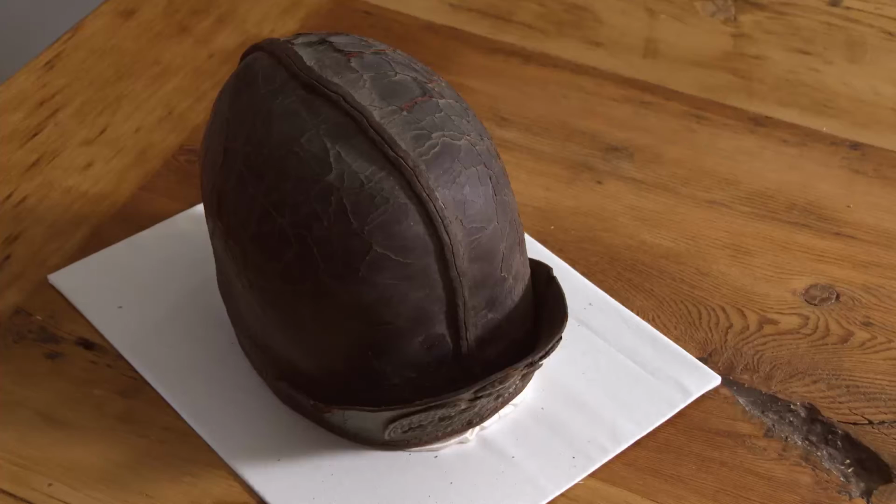They thought from the late 1800s, early 1900s. And so that's how we always document it as. We didn't think it was anything special until one day someone came into the Society and said, "Oh no, that's not a fireman's helmet. We think that's an early Army militia helmet." So